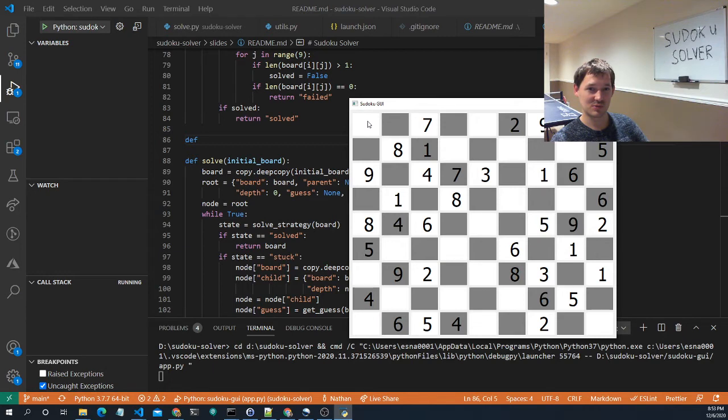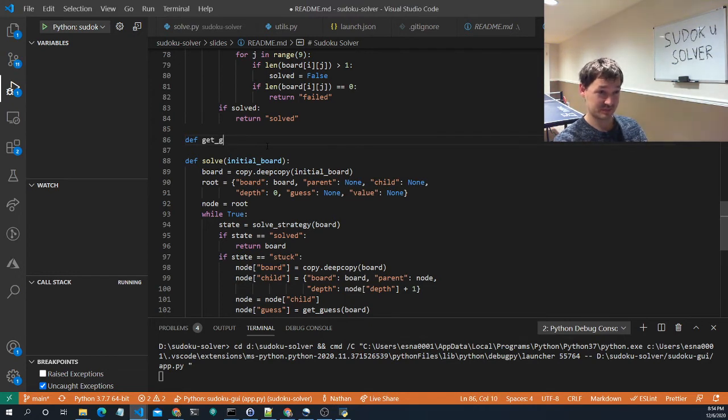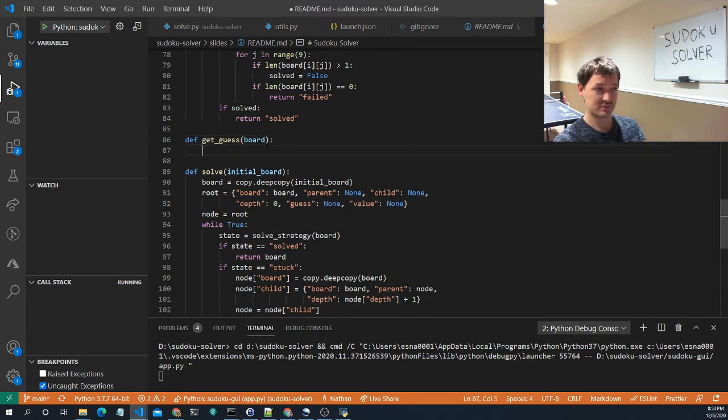So technically we could just take any of the unsolved squares and use that as our guess, but what I want to do is figure out which square has the fewest number of possibilities. Probably 2 possibilities would be ideal, and then use that square as our guess. So there is probably a simpler way to do this, but